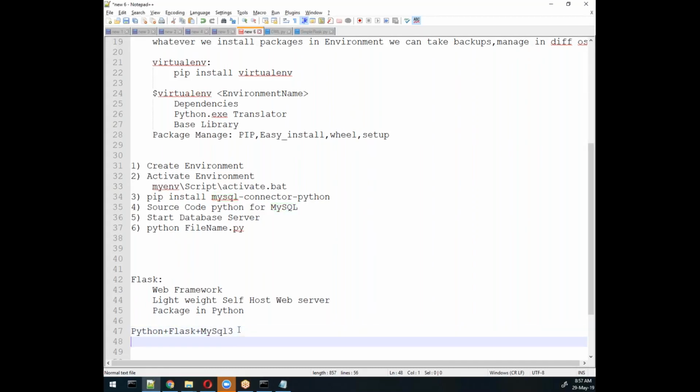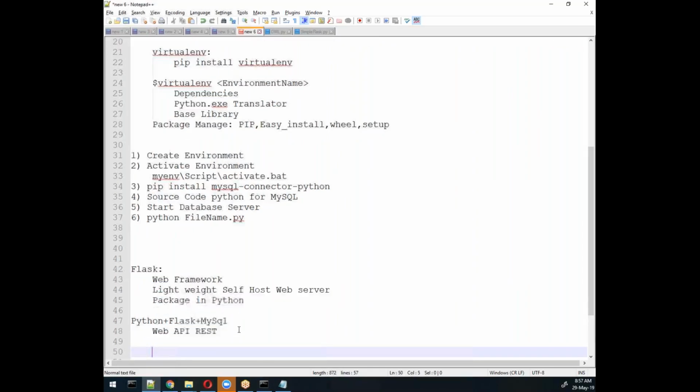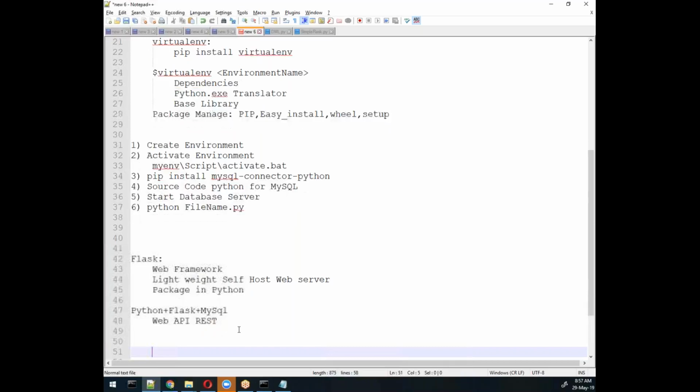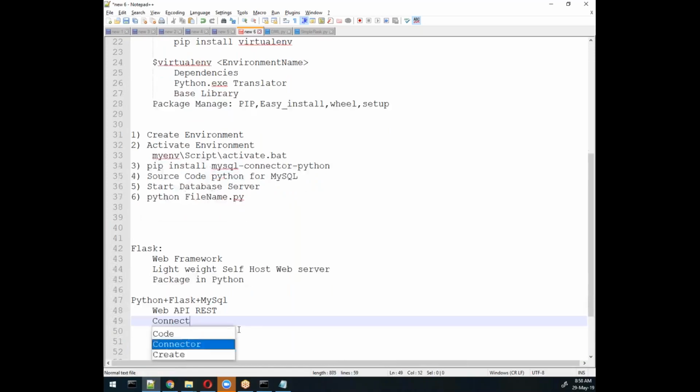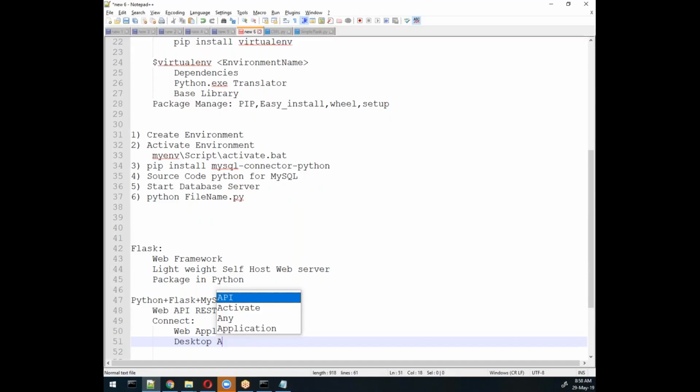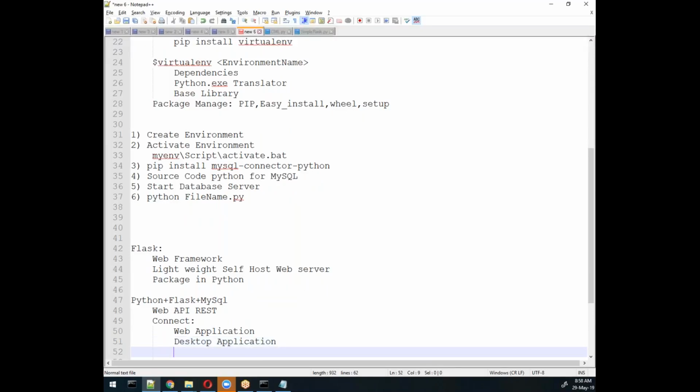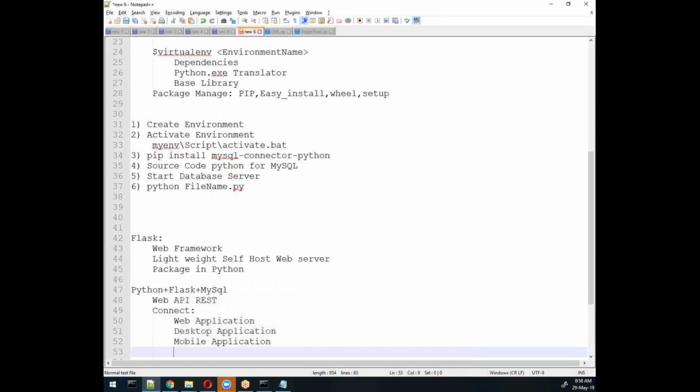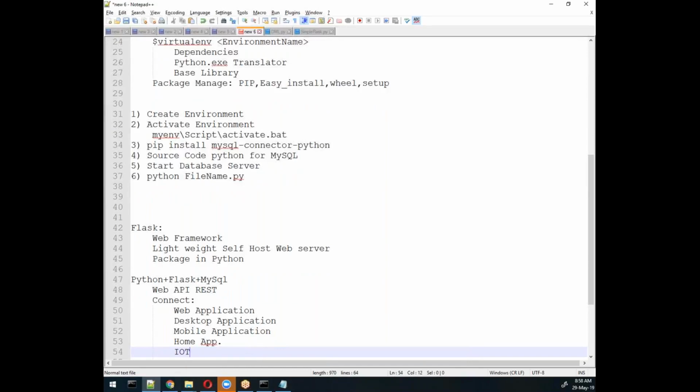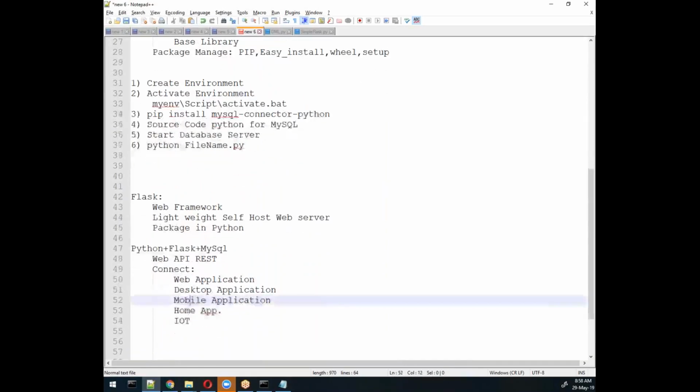we will have a web server which is a completely REST based web API. So what is the purpose of this REST based API? Basically it can connect with a different environment, and connectivity becomes easy. Why? Because it can connect web based applications, desktop based applications, mobile based applications, any electronic home appliance based applications, and also IoT devices. So because of that reason we need to focus on Flask.